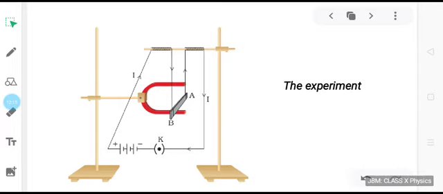So as I was telling you, I will discuss the experiment again. This is the experimental setup, in which the aluminium rod AB has been suspended with the help of wires in between the poles of a horseshoe shaped magnet. So this aluminium rod is the conductor and current is passing through it. The magnet has its own magnetic field, and as soon as current flows through this aluminium rod, it also starts behaving like a magnet. So obviously these two magnetic fields will interact, and what is going to happen, we will try to understand.